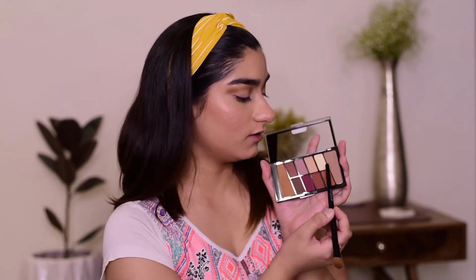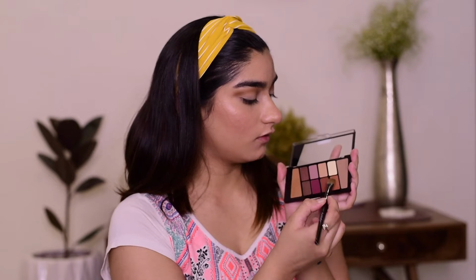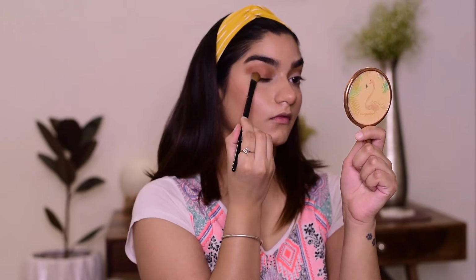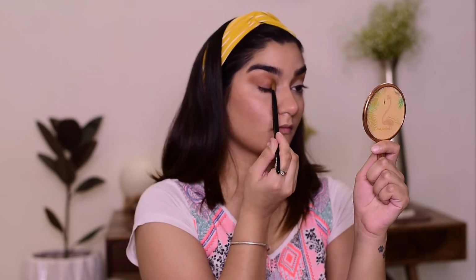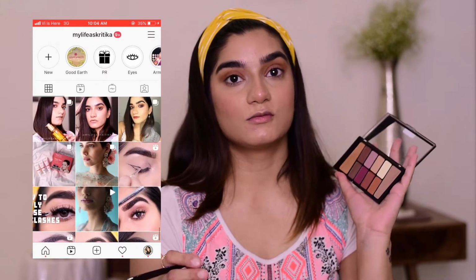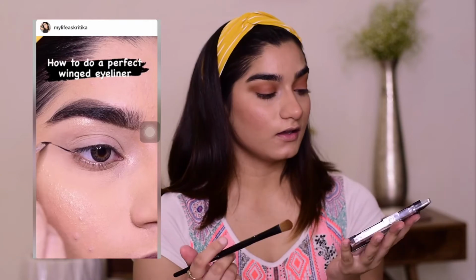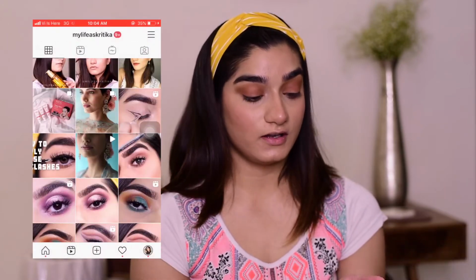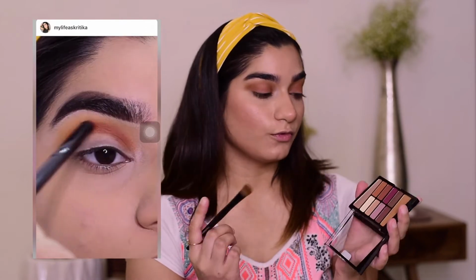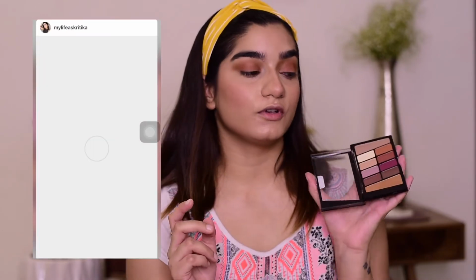Now I'll be taking this shade from the palette on a flat brush and I will apply it all over my lid. For $5.99 this palette is amazing. The blendability is very nice. I'm so far liking this, but I will test it out more and I will be putting up tutorials using